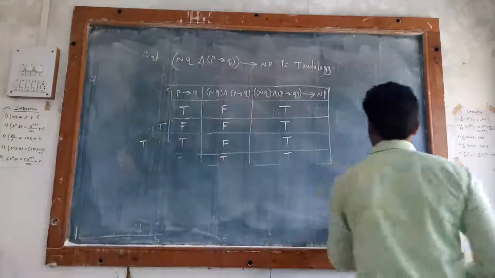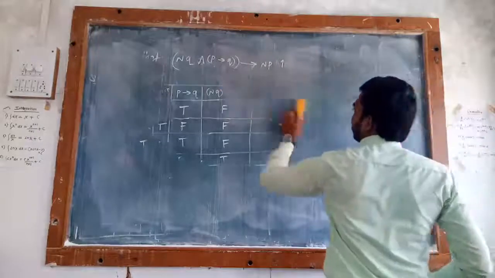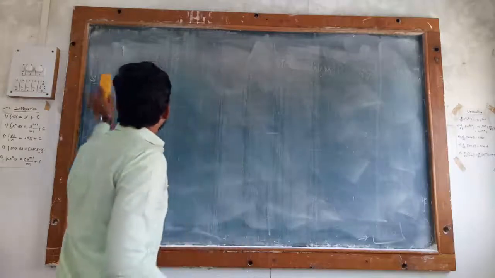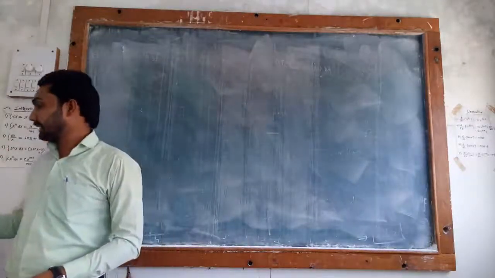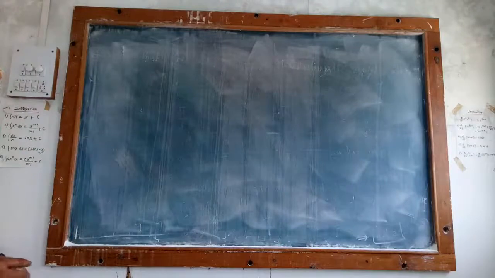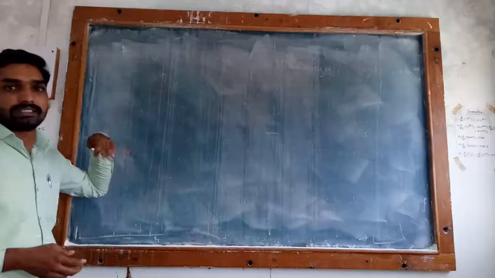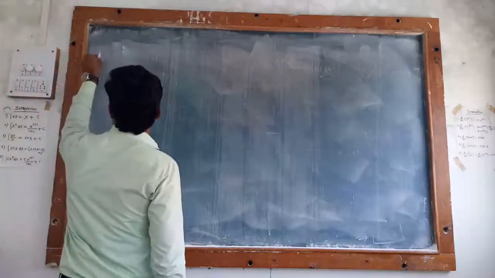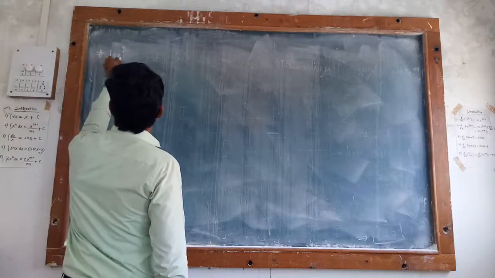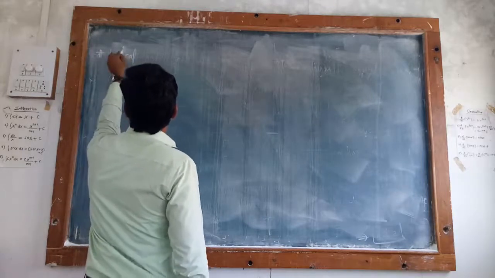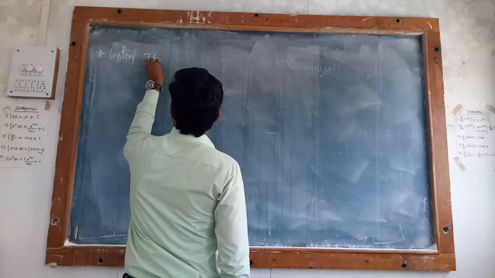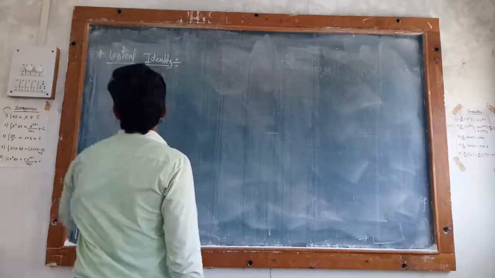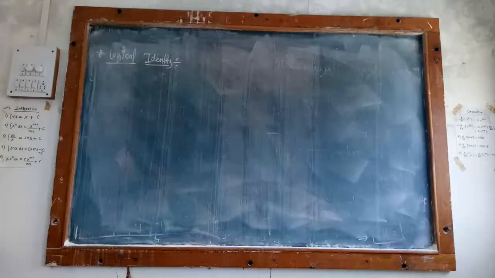We have to do that now. The next point is we have to study logical identities. Already we did this in your previous chapter, chapter 6, where we worked with identities using the operators, right? So our next point is logical identity.